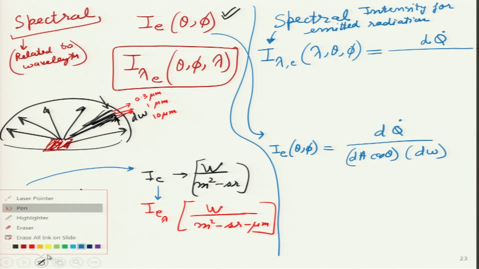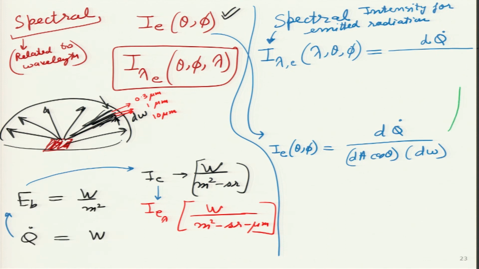Now, I will not write it over here, but I will ask the question to students that if I add this lambda over here, I have added the spectral nature as well, per unit wavelength, then nothing will change over here, I will just divide by per unit wavelength, isn't it? So, the denominator will remain exactly the same. Do not worry about the complication, try to understand it. If you understand it, then it will not look complicated. All I am doing is putting this green thing extra, so it becomes d lambda,